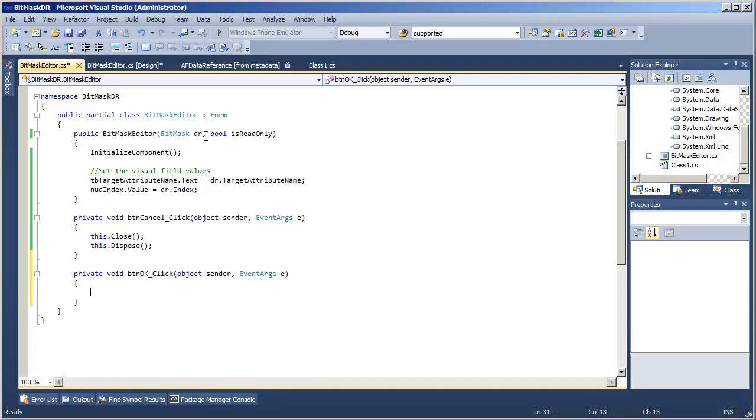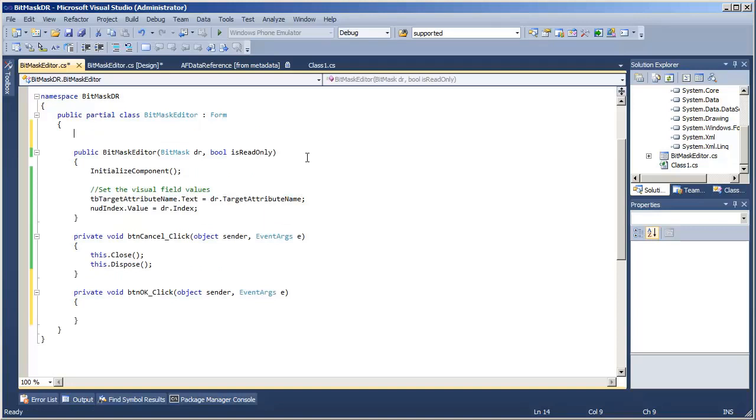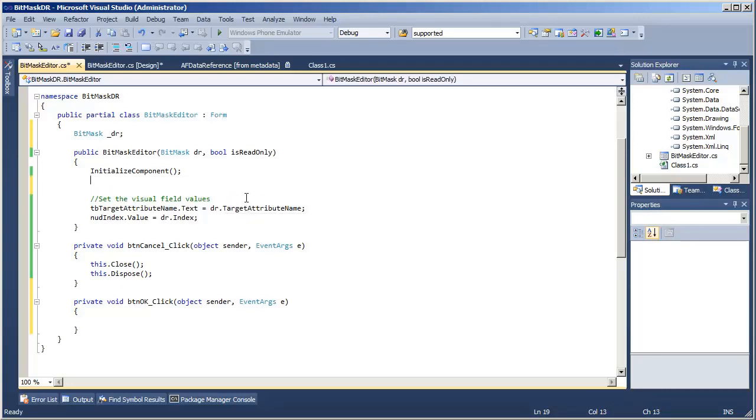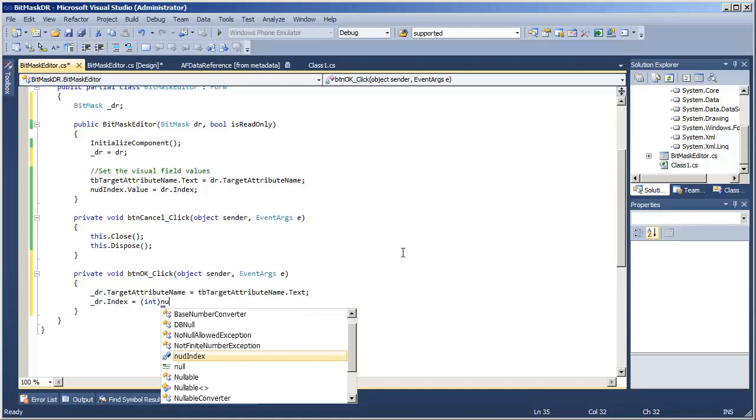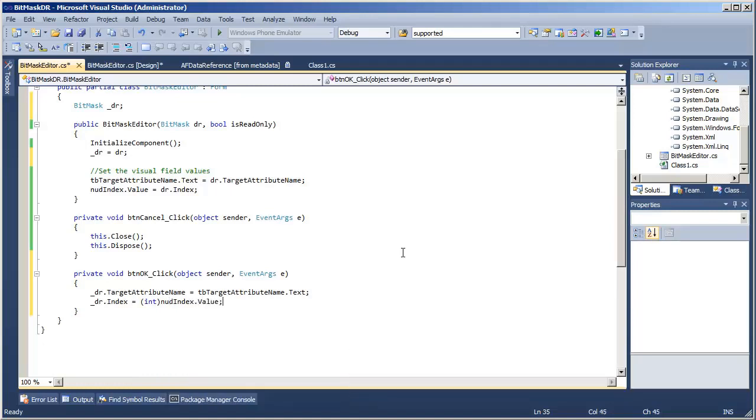Of course, in order to access our data reference, it would probably help to persist it. So bitmask dr, we will persist the value of that dr. Beautiful. So now we actually have access to that. dr.targetAttributeName is going to be tb_targetAttributeName text, and that dr index is going to be the integer cast of the numeric up-down value.